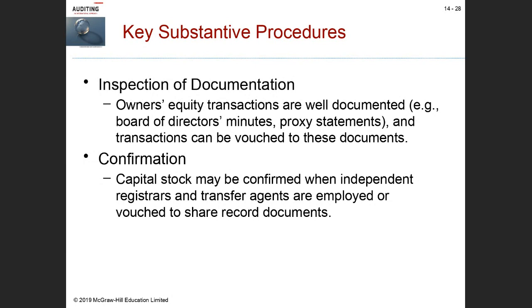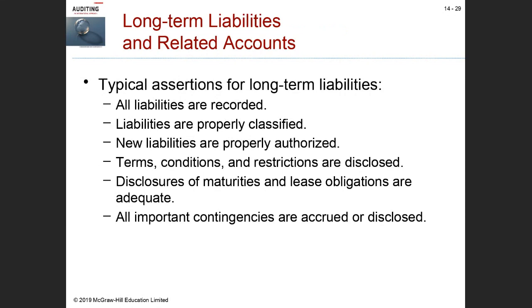Confirmation, we can send a letter to the transfer agent or trust company, which is accounting for all their shares. So we can send a letter normally at the end of the year asking the transfer agent, please advise on the number of shares outstanding at the end of the year. Please advise on any shares issued during the year. Please advise on any shares repurchased during the year. So all those details can be obtained from the transfer or trust company agent that the company is using to keep track of their outstanding shares. And normally that letter is done during the course of the audit.